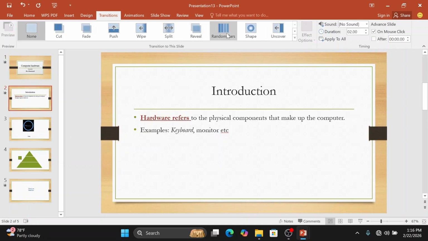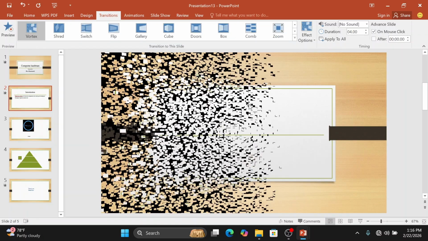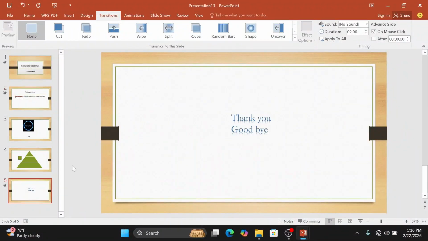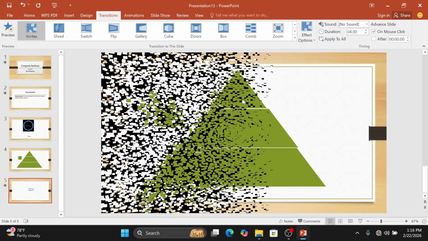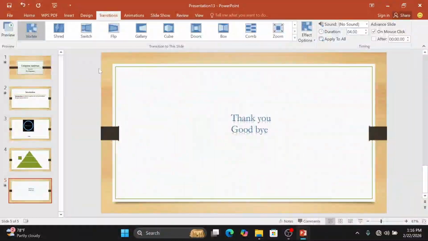Let's come here, let's apply another transition to this one. Let's take Vortex. Vortex 2 is what I like. And let's just move to the last slide and still apply Vortex. Okay, now